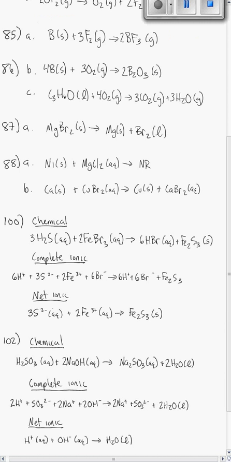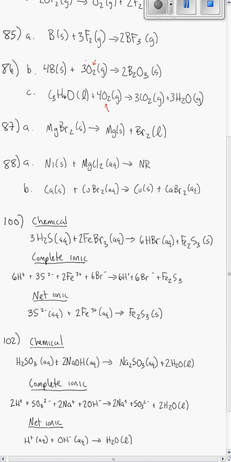Number 86 deals with combustion reactions. In all these combustion reactions, one of the reactants is going to be oxygen. So here's oxygen there, and in the second one we have oxygen as a reactant as well. So in the first one, what we're trying to do is we're combusting boron. So we can treat this like we treated problem 85A, and the product will be some sort of combination of